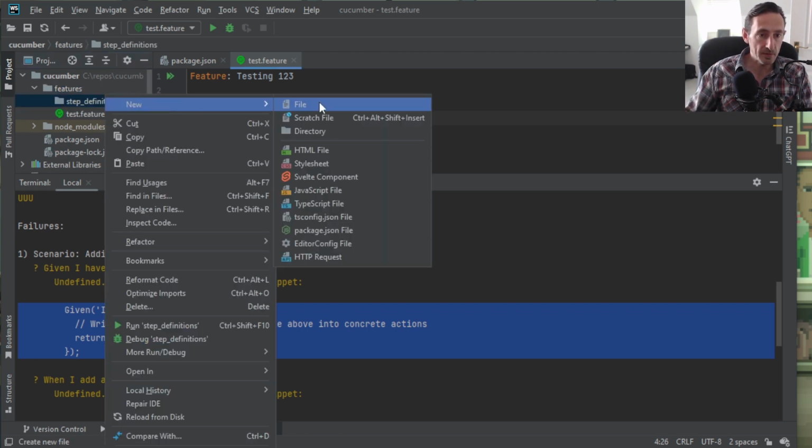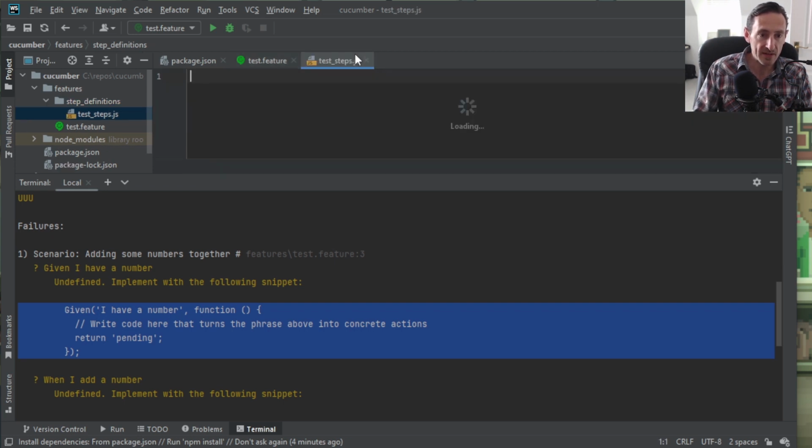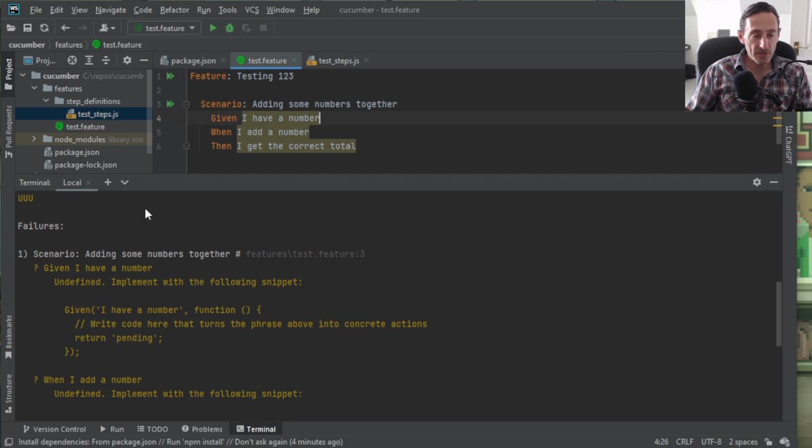And in there we'll put a file, and we'll call it test_steps. So that way it will correspond just from a naming point of view, not a technical point of view. I think you can pretty much call these within reason. I think you can call these almost what you want, these files, and put them where you want. It's just, it's almost a little bit black box. It all knows about